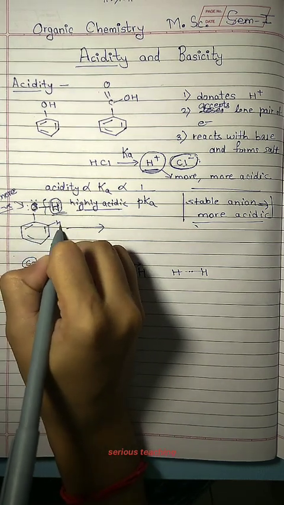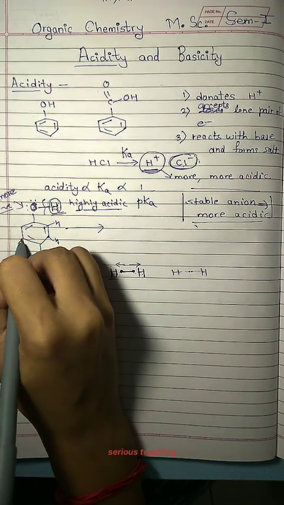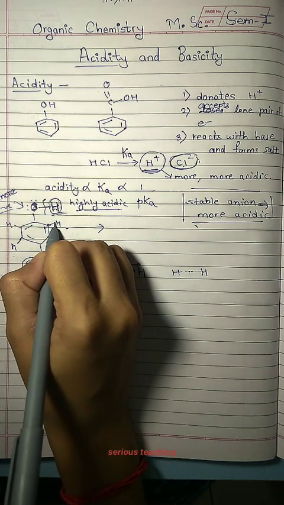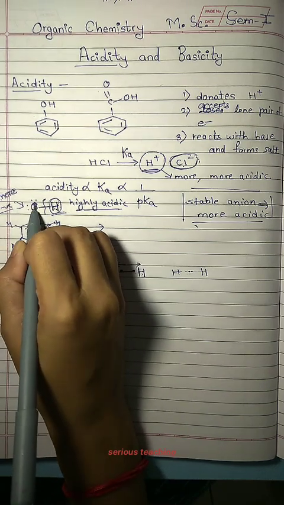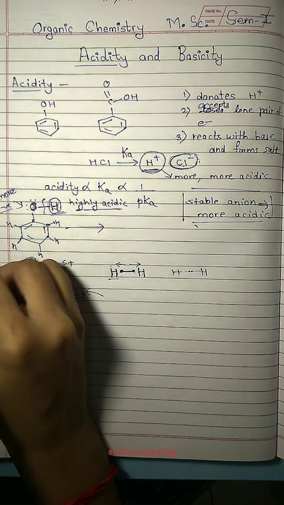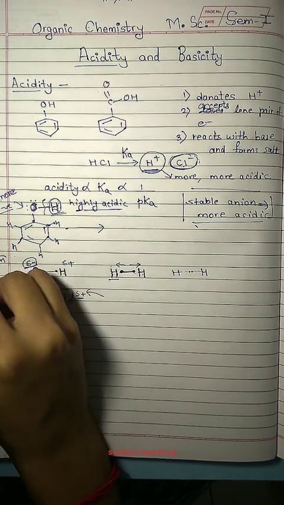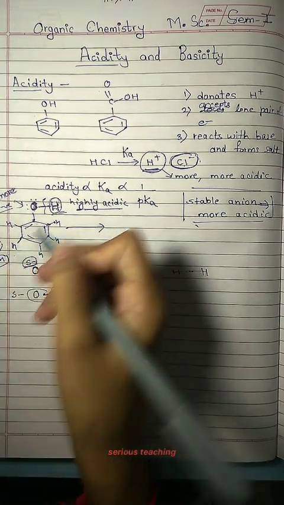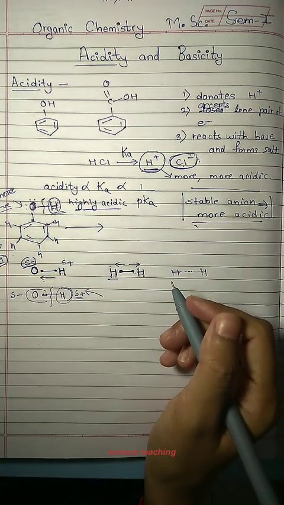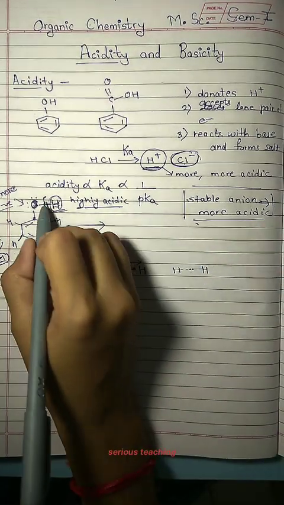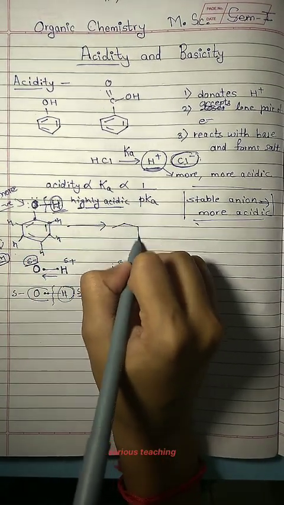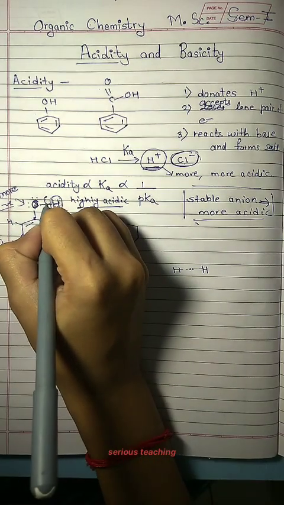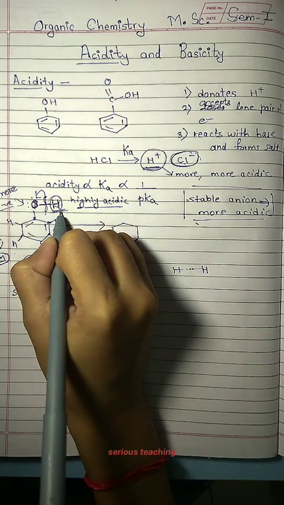Here also hydrogens are present in this benzene ring, but what will happen in these cases? There is a bond between carbon and hydrogen, and here is the bond between oxygen and hydrogen. In both bonds, here the electronegativity difference is less, but here the electronegativity difference is more. Therefore, this hydrogen is more acidic compared to this one. This bond will be broken down, and what will we get? If this bond is breaking down, then both electrons will be here, and from here H plus will be donated.